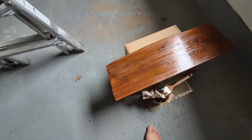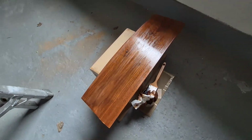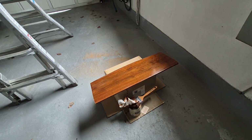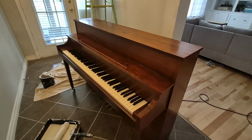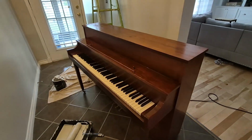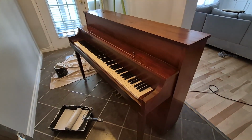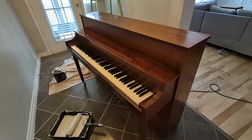And some of it's dry and some of it's not, but hopefully it doesn't turn out too bad, and it'll blend with the rest of the piano that I'm not refinishing. Well, I've got the first coat of the stain and polyurethane mix on here. I know I'm going to have to go back and do some touch-ups, but anyway, that's where I am with